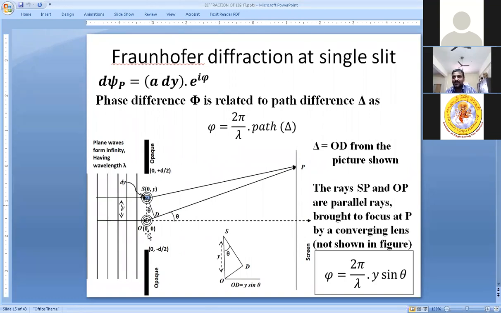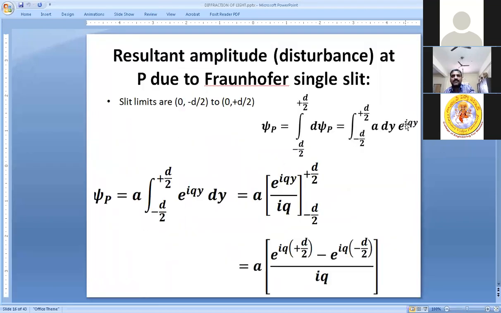Really, is theta variable now? For this integration, I repeat, if you are integrating from minus d by 2 to plus d by 2, what is the value of theta that is going to vary if P is at a very large distance from the given slit? So just an exaggeration. Actually, this minus d by 2 and plus d by 2 are pretty close. They are almost at the same point. So no matter whether you integrate from here to there, the theta value is not going to vary for a distant point P, right? So with that assumption, we are assuming theta to be a constant while making the integration, right? So here I can simply integrate the q, treating it as a constant.